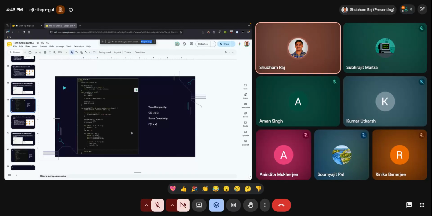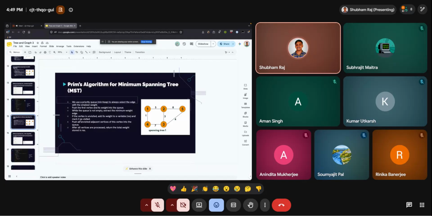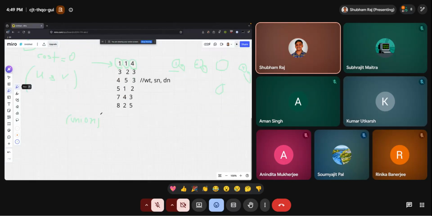So this is the space and time complexity for this approach. Now we have another algorithm for solving the same problem, and this is Prim's algorithm. And in this algorithm,